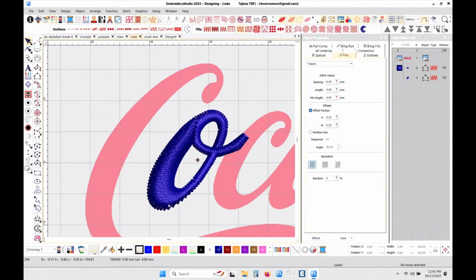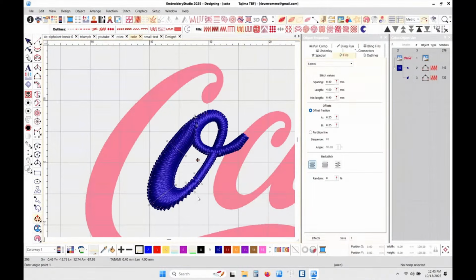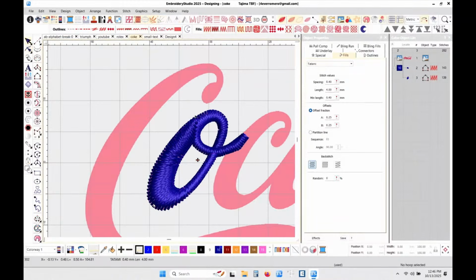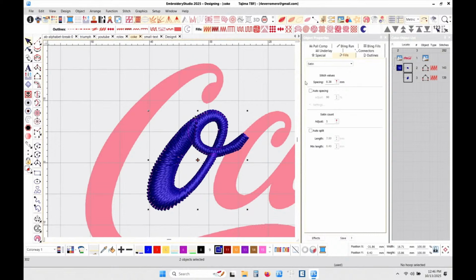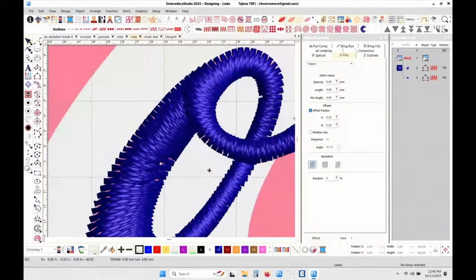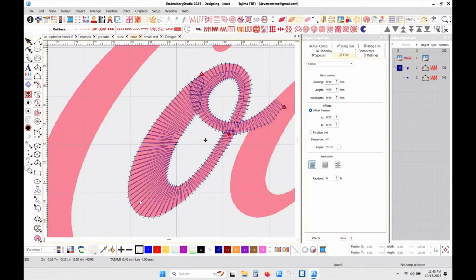See, it looks a little weird. Hold on. Fix this stitch angle. Okay. It's going to go first, second, sequence. See how it's blending in here? All right. Here it opens up. We don't want this to